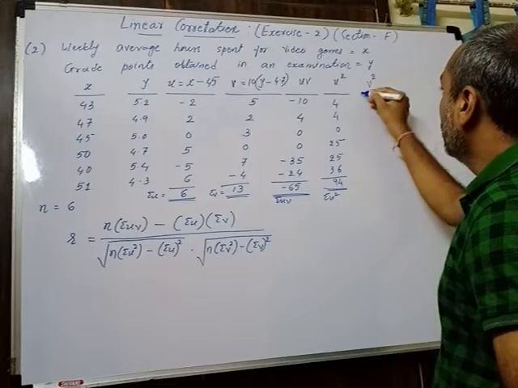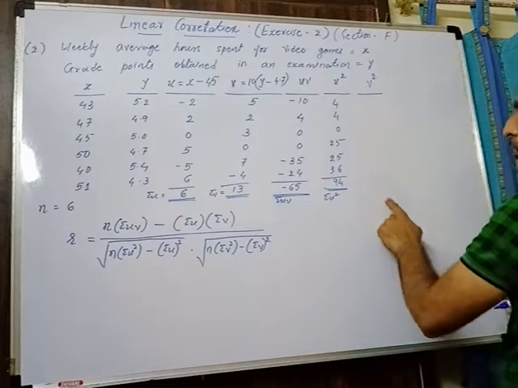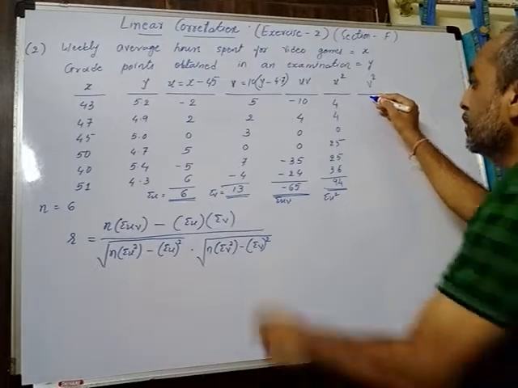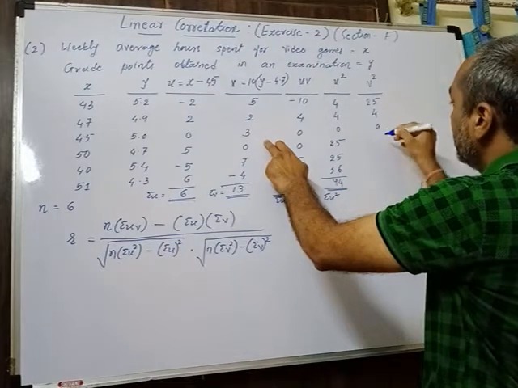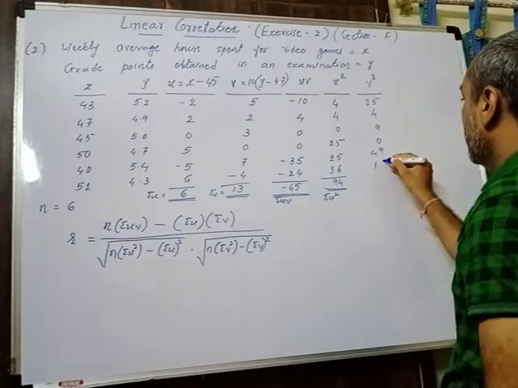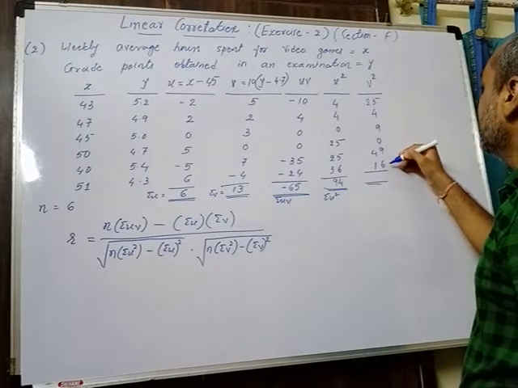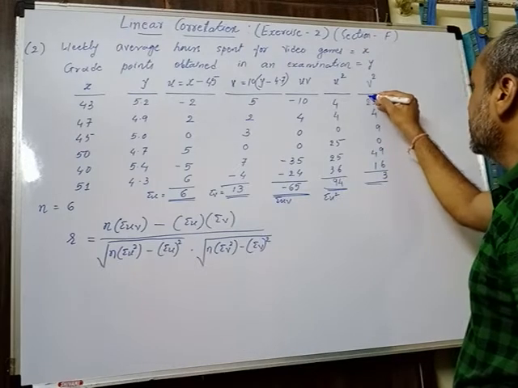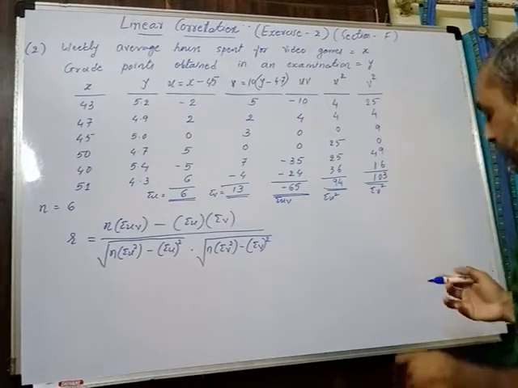Similarly we require now sum of v square. So we require to prepare a column of v square. So square of these observations in variable v, that you have to find and write over here. So 5 square 25, 2 square 4, 3 square 9, 0 square 0, 7 square 49 and minus 4 square 16. Now total we'll find out. So 9 plus 9 is 18, 18 plus 6 is 24, plus 4 is 28, plus 5 is 33, carry 3, 3 plus 2 is 5, plus 5 is 10. Sum of v square is 103.